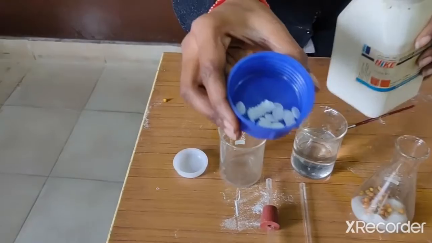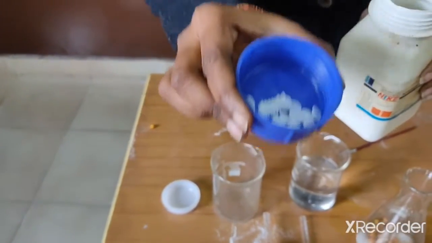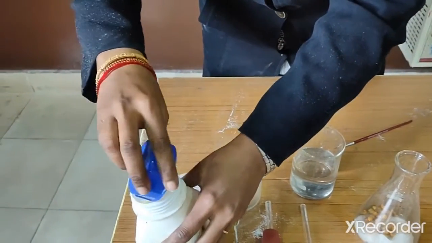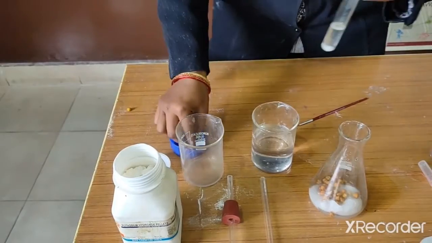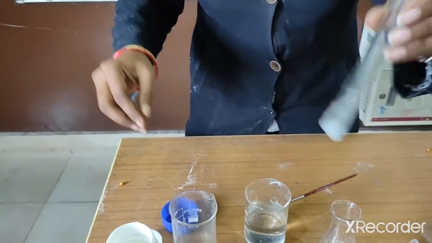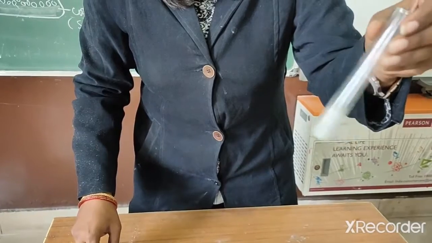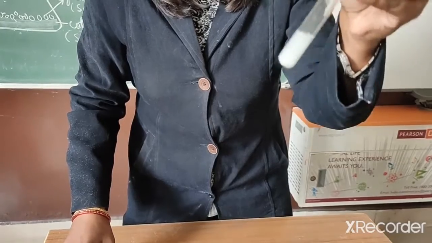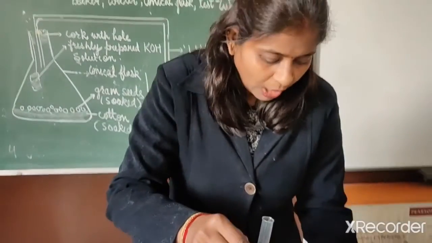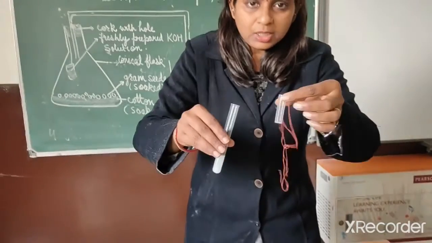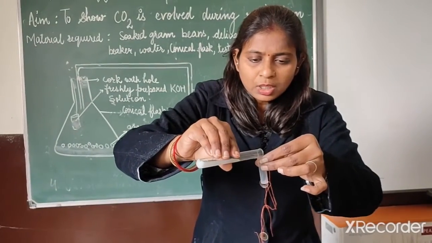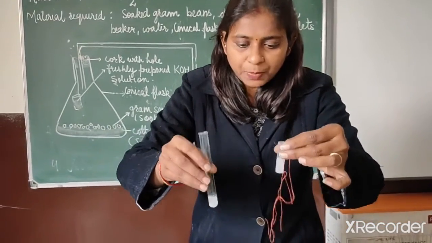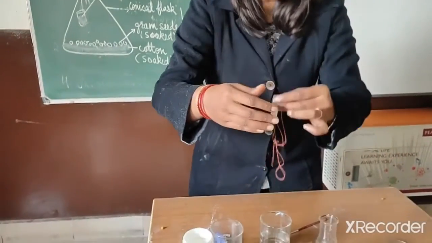These are the KOH pellets, as you can see, and we are going to prepare a fresh solution of this. For this we need a test tube and water, and then you put some pellets in the water and shake it. Soon you will see this KOH will dissolve in water. Now this is a freshly prepared KOH solution. Now I am taking this KOH solution in this bottle. I will also tell you why we have taken the KOH solution, what is its purpose and how it works.